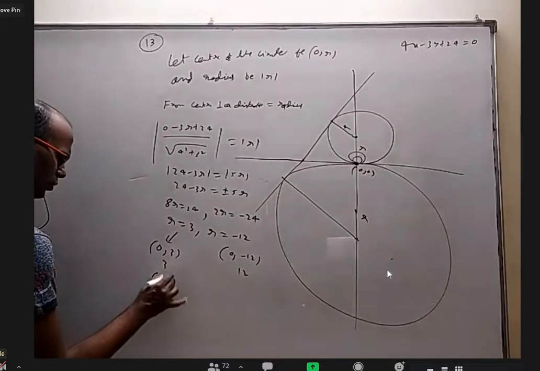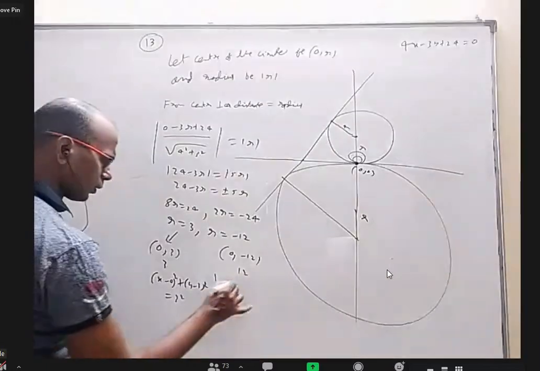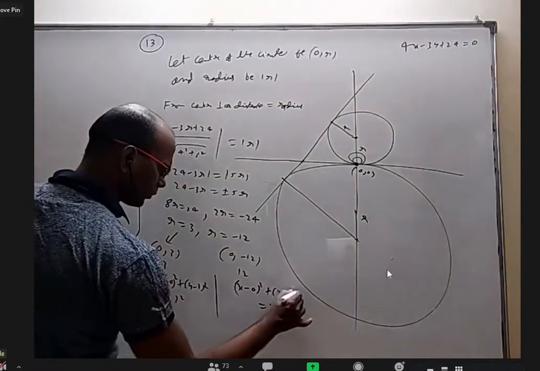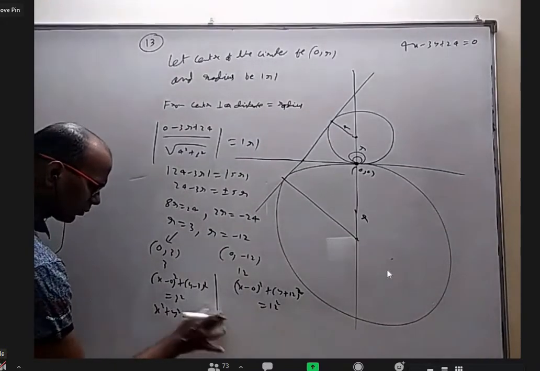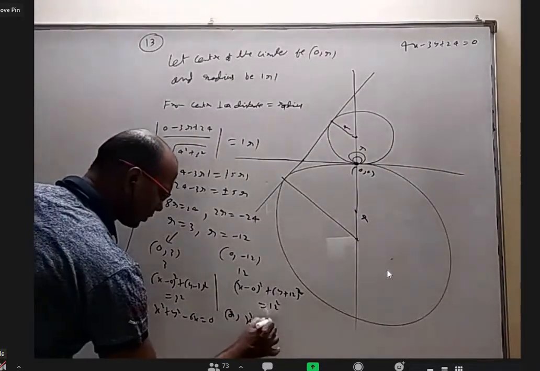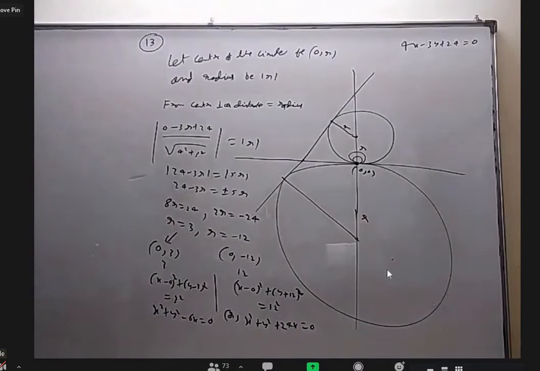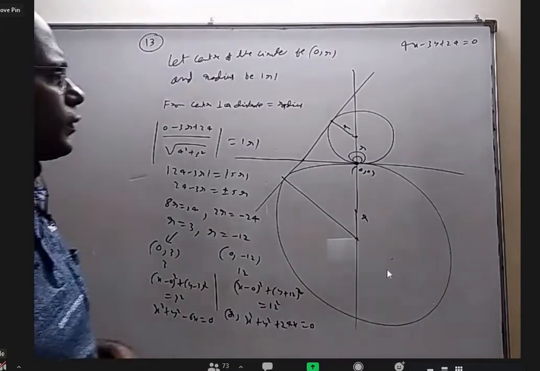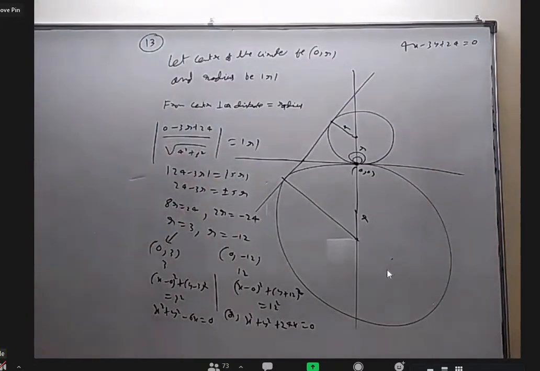So this is x minus 0 whole square plus y minus 3 whole square equal to 3 square. And x minus 0 whole square plus y plus 12 whole square equal to 12 square. This is x square plus y square minus 6x equal to 0. This is x square plus y square plus 24x equal to 0. If you visualize it like a figure, it is better. And moreover, if radius is r, center will be 0, comma r. For a line to be tangent to a circle, the perpendicular from the center equals the radius. Please try to understand and copy this. If any doubt, you can ask.